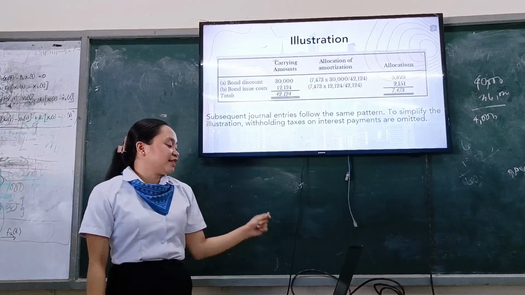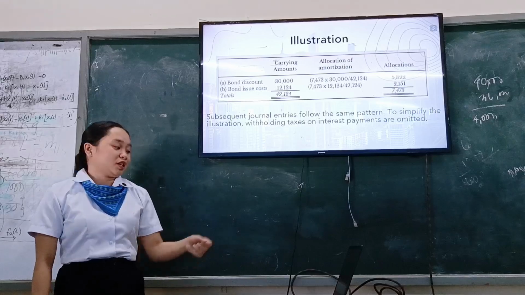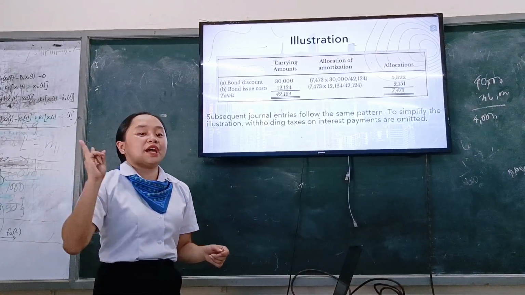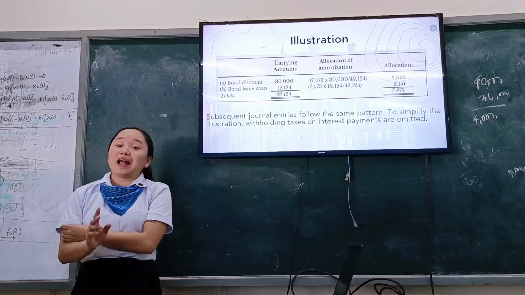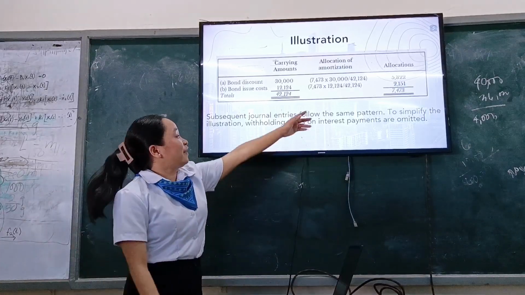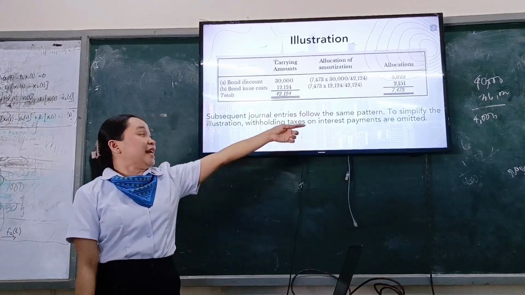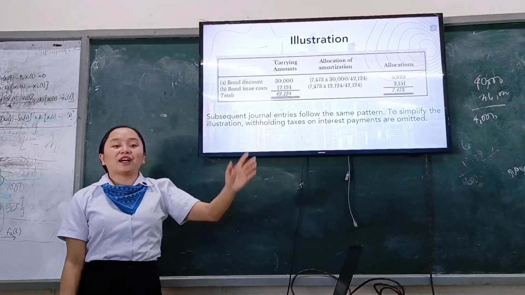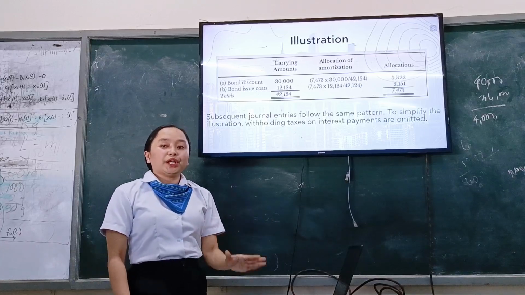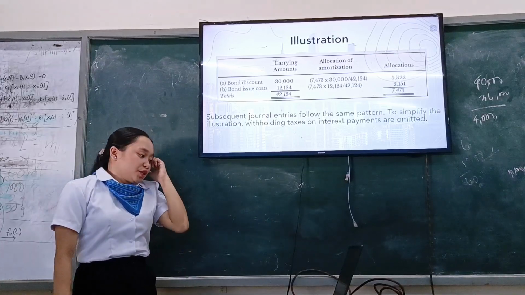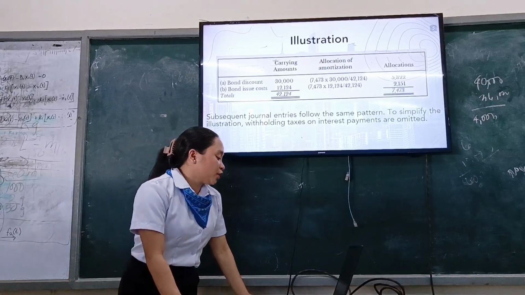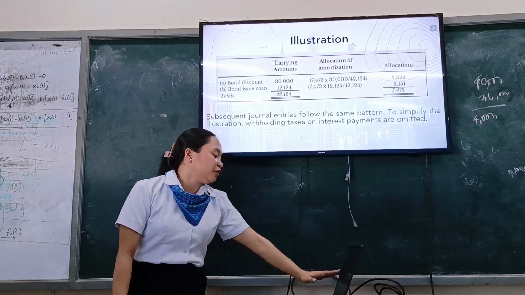Okay, next is the allocation of amortization. So atong dumduman, the amortization is na-allocate into two. It is equal to the bond discount and the bond issue cost. So diba, the 7,473 there is mao na siya ang amortization sa December 31, year 20X1. So para ma-determine nato ang isolve. So the bond discount, we have here the carrying amount of the bond discount